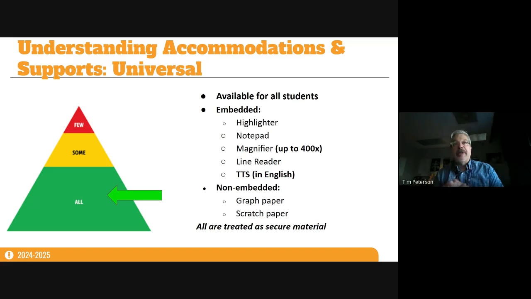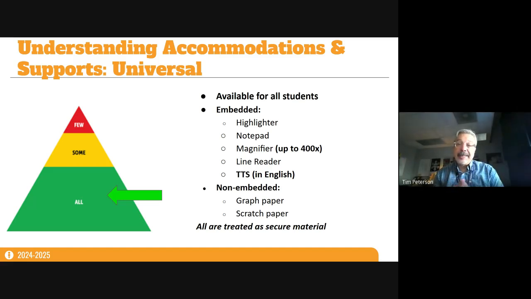So you see highlighter, notepad, magnifier, etc. Text-to-speech in English is also available for all students. So keep that in mind as well. That's where headsets will come in so that you can have multiple students testing at the same time, listening to just what their computer is working on. Non-embedded would be scratch paper or graph paper.